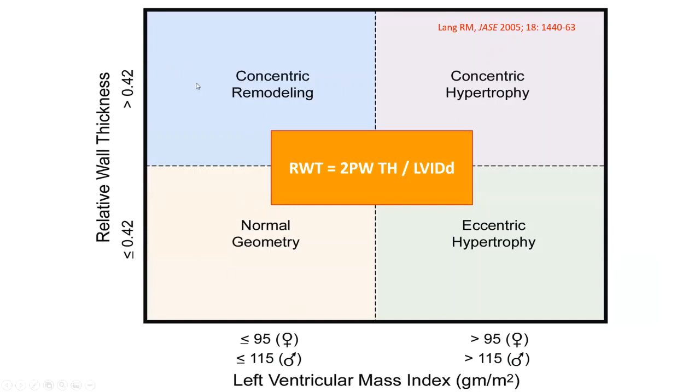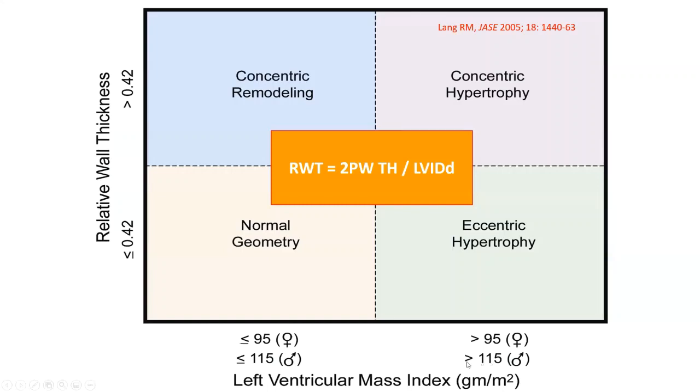The entire universe of patients can be subdivided into one of 4 categories based on whether their left ventricular mass index is above a certain partition value, which is the mean plus 2 standard deviations of what is obtained by pooling a good deal of data obtained in many parts of the world. So let's assume for a second that we have a method that will give us the left ventricular mass, and we'll talk about that,